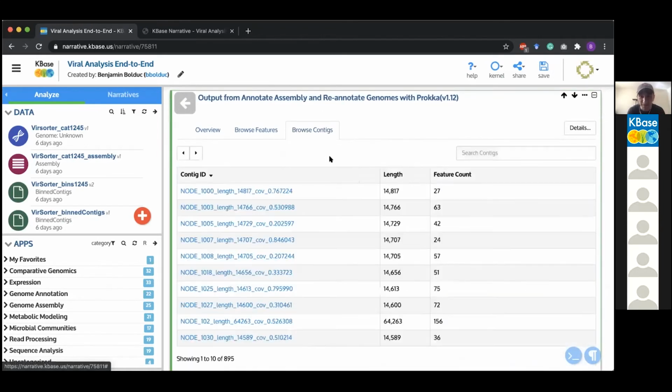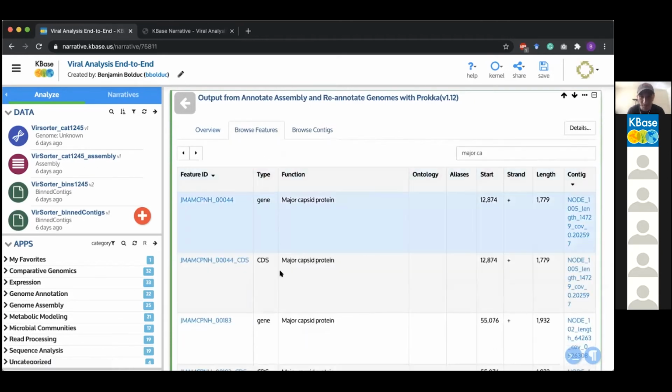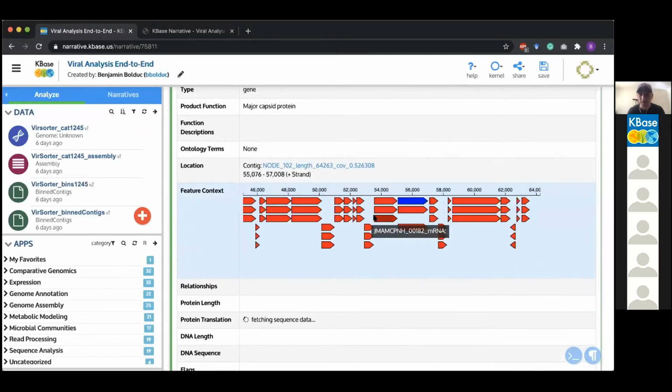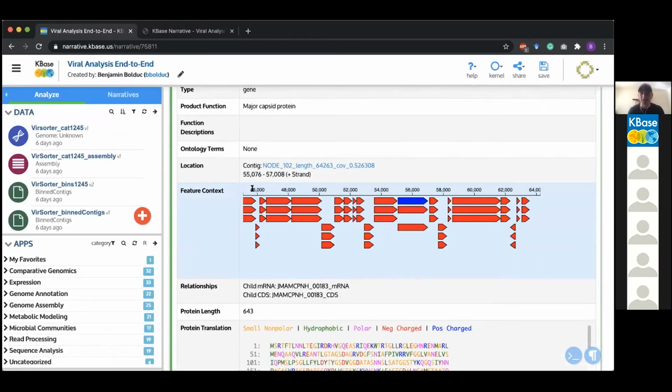And let's push out just a little bit more. Let's see a major capsid protein over here, so this is a different one. Oh, that's the 64 KB contig that I noticed earlier. Oh yes, this is perfect. Okay, so here's another one. This is the 64 KB contig predicted by VirSorter to be category 1: major capsid protein, lots of hypotheticals, all the same strand, a prohead core capsid protease,